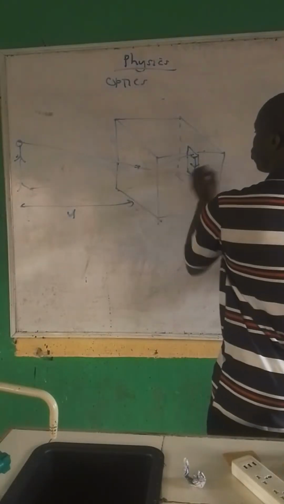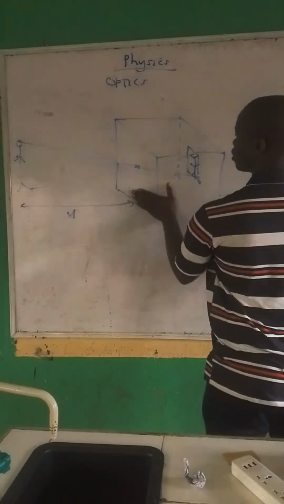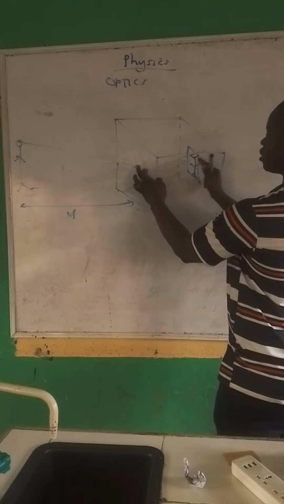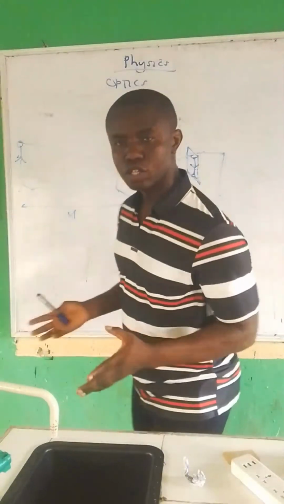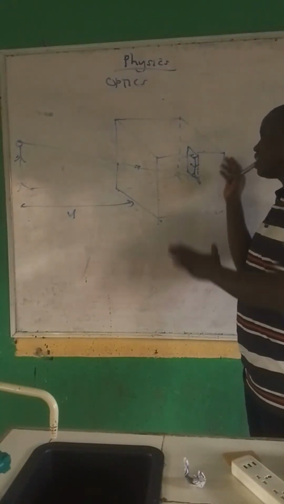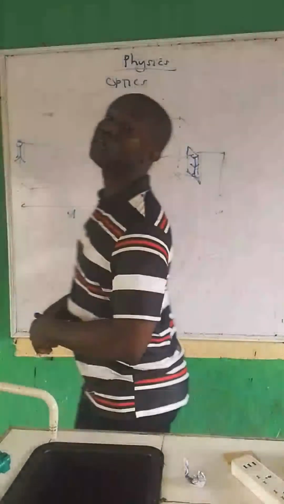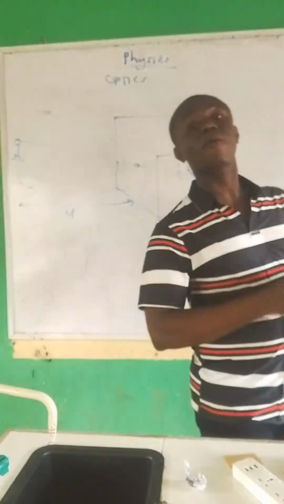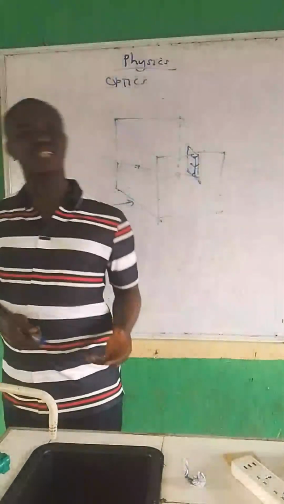That is from here to here, which is the width of the camera. You know this is a face, and this is a face. So from here to here is actually from here to here. If you understand how a box is built, from the pinhole, which is on one surface, to the photographic film is the same thing as the width of the camera. Sometimes they will use width of camera, and in some questions, they will use image distance. It's still the same thing.